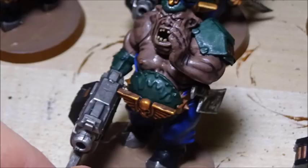It'll be interesting to see if Leman Russ spam becomes a thing. I think now the basic, if I just use my cogitator here, the basic Leman Russ is 107 points plus 22 for the battle cannon plus 8 for the heavy bolter. The basic Leman Russ is now the same points cost as a semi tricked out Valkyrie. Okay, so the Valkyrie's got 2 heavy bolters, 2 rocket pods, and a multi-laser. So a lot of